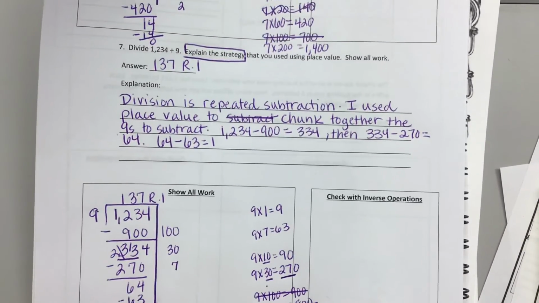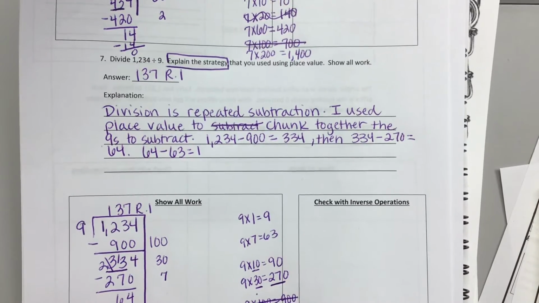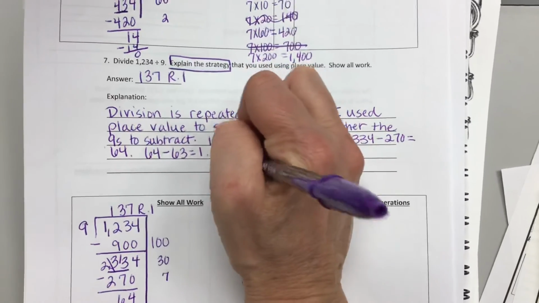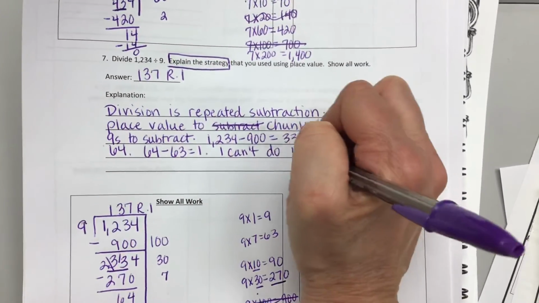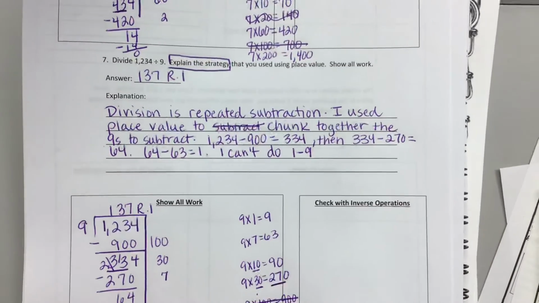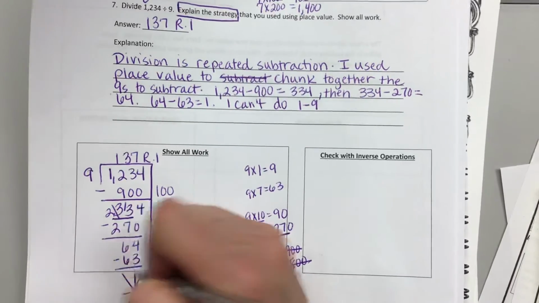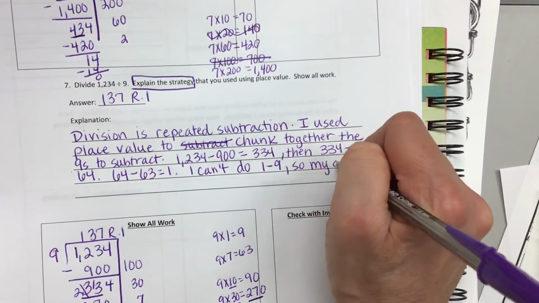There's no reason you can't see that. I didn't move it out of your way. I can't do 1 minus 9. Okay, we could not subtract 9 again. So my answer,